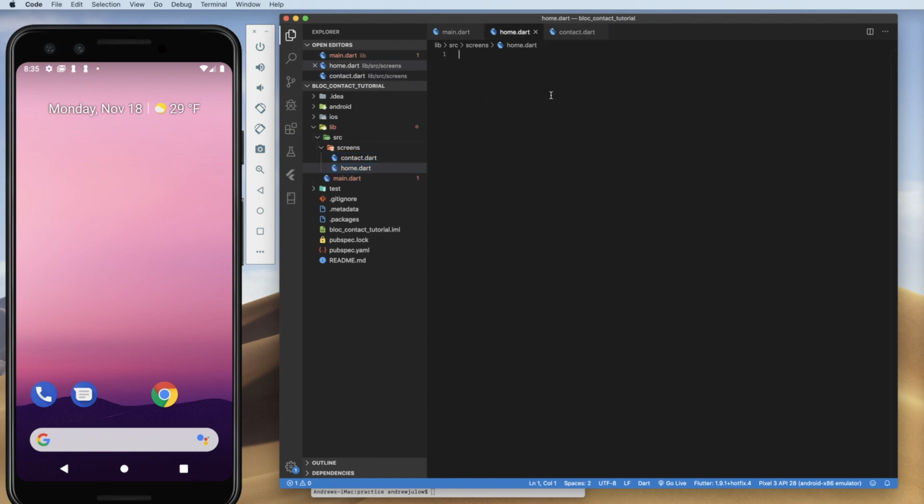So for home, we're going to go ahead and build a stateful widget. We built stateless in the past BLoC tutorials. We're going to build a stateful here because we want this to be able to go out and fetch its data when it is initiated. So we're going to set it up a little differently this time. So